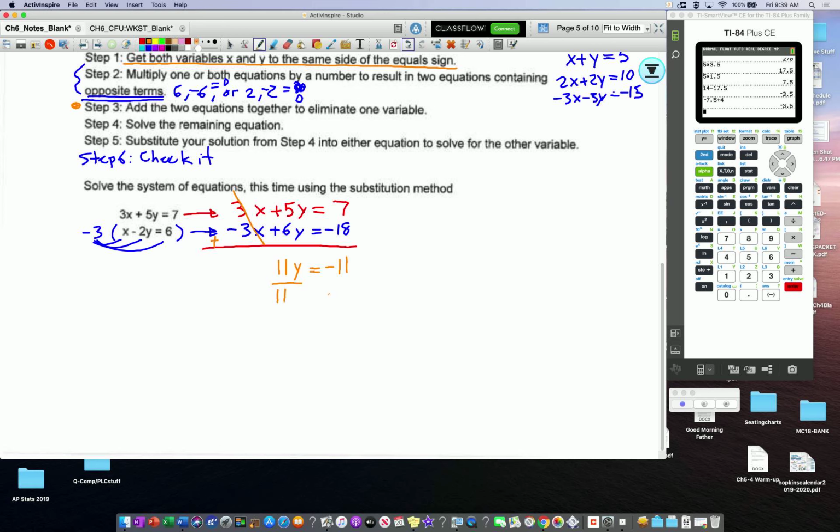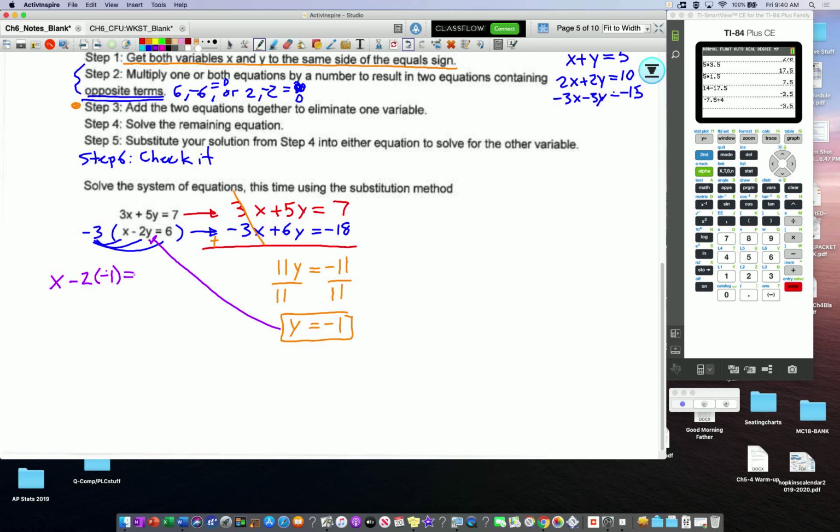Now I can divide by 11. Look at that. y equals negative 1. Just like that. That was a whole heck of a lot easier. No fractions, and I just got y by itself. Now I'm not done. I have to take this back and plug it into one of the two equations. You decide. I'm thinking of plugging it into the first one since x is kind of by itself here. So I go x minus 2 times negative 1